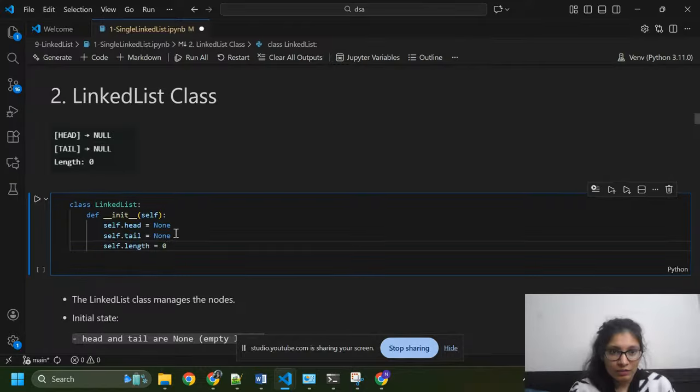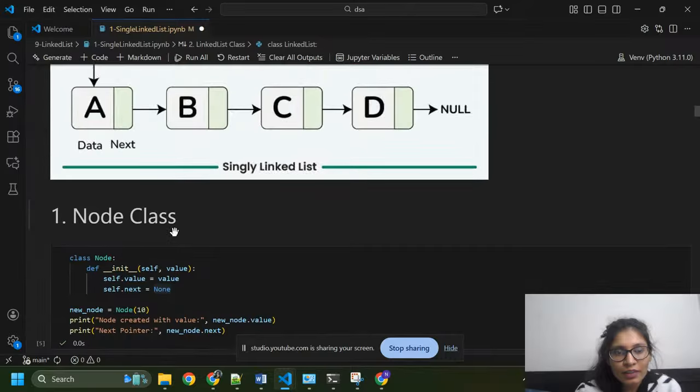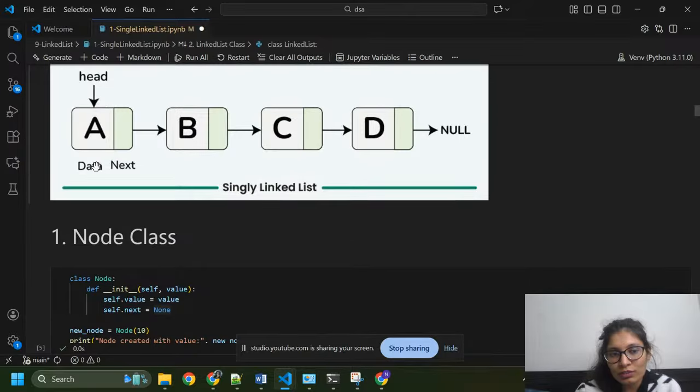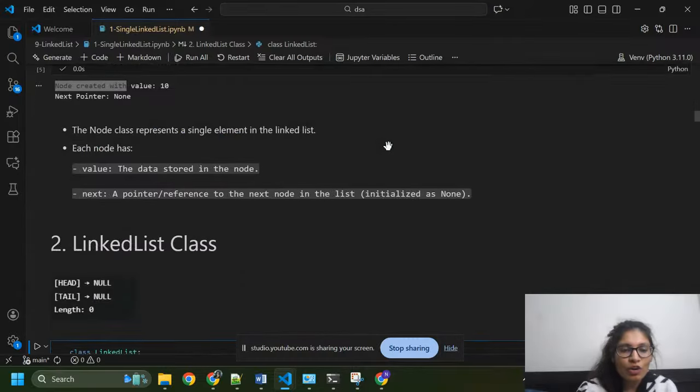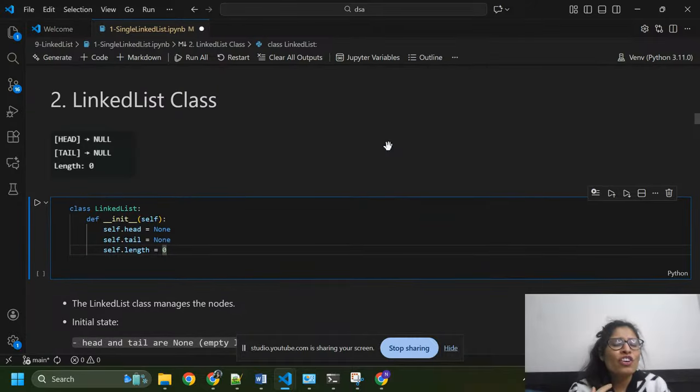Here you can see this is the head, the first node. And this is the tail, the last node is called the tail. But initially we do not have any element in the linked list, we have nothing, length is 0. So what should we consider, head or tail? Head should be None and tail should be None.